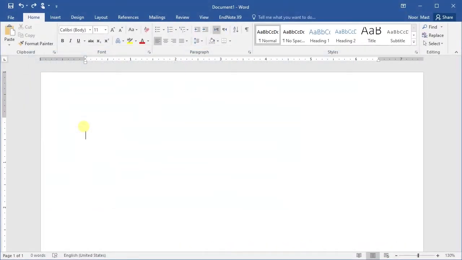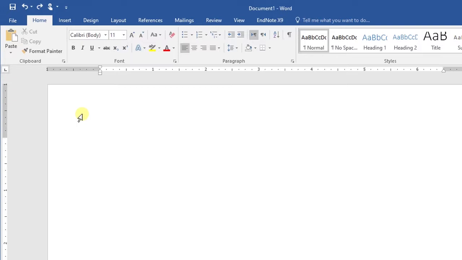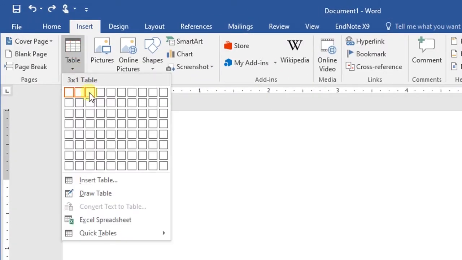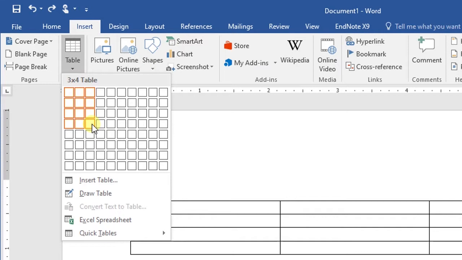So let's start by inserting a table using the graphic grid method. First of all, open a blank document and position the insertion point where you want the table to appear. Then navigate to the Insert tab and click the Table command. This will open a drop-down menu that contains a grid.